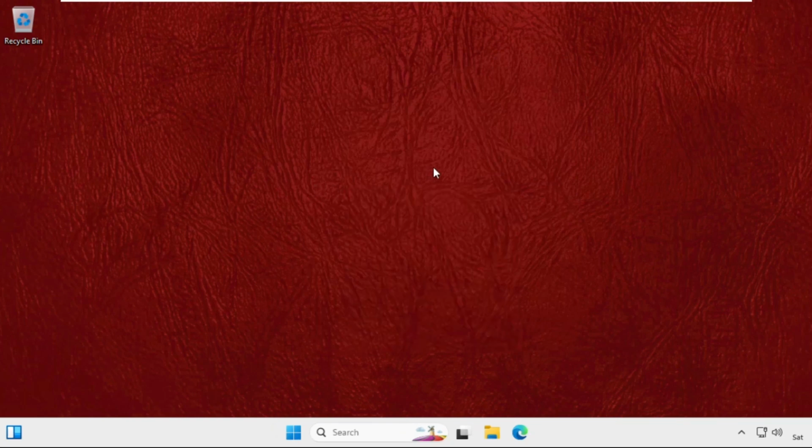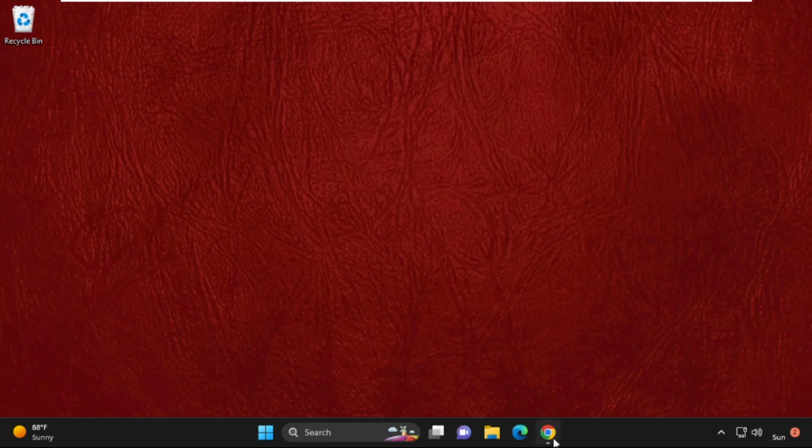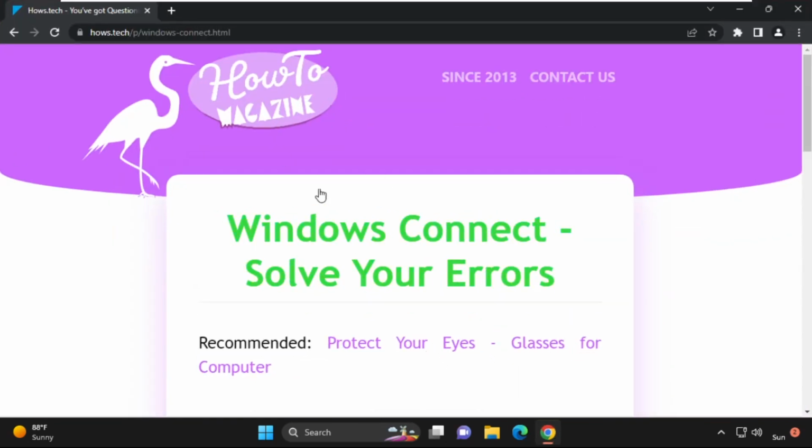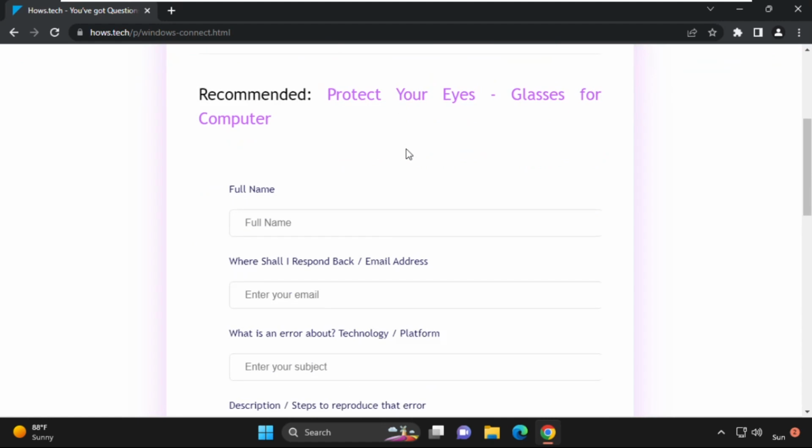You can also upgrade your hardware. If your laptop has outdated hardware, consider upgrading it, such as replacing the hard drive with an SSD or increasing the RAM. If you're still facing any issue related to this problem, you can send me your screenshot and